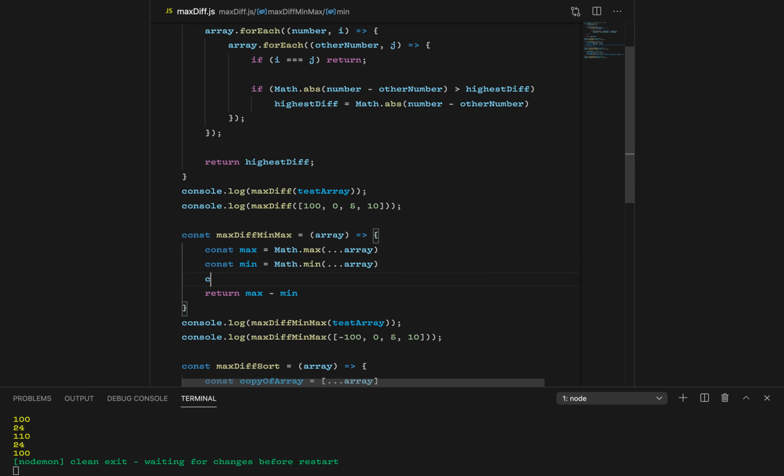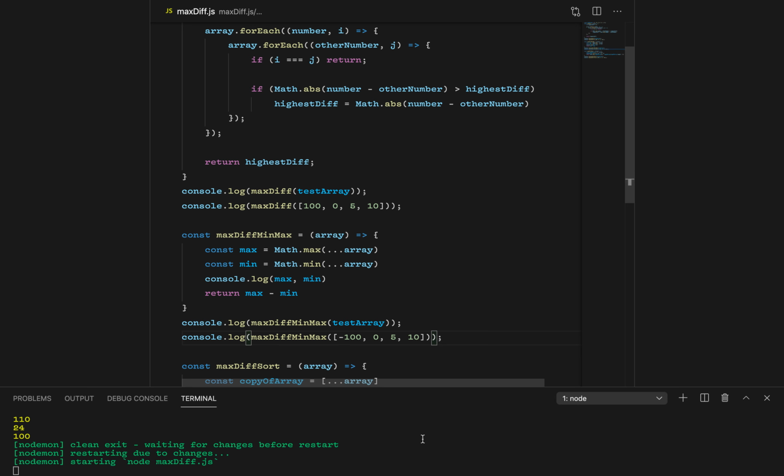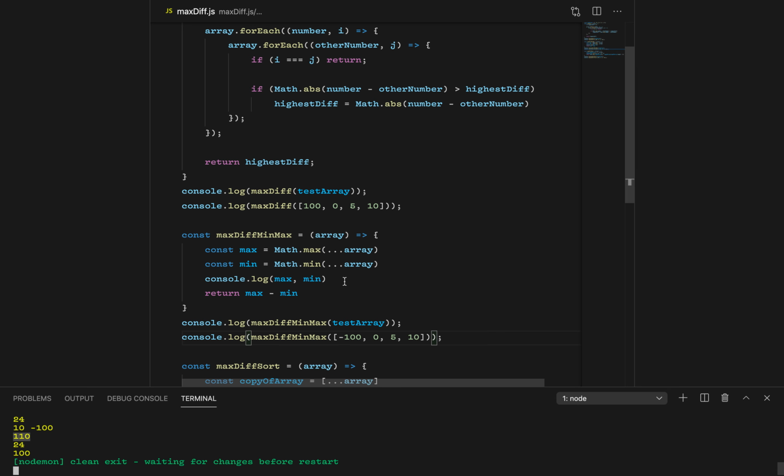I don't know actually. That's interesting. So let's see max min. My computer's really not enjoying this. Okay, so here we've now got 10 as the max and minus 100 as the min. So actually that still works out saying max minus min,